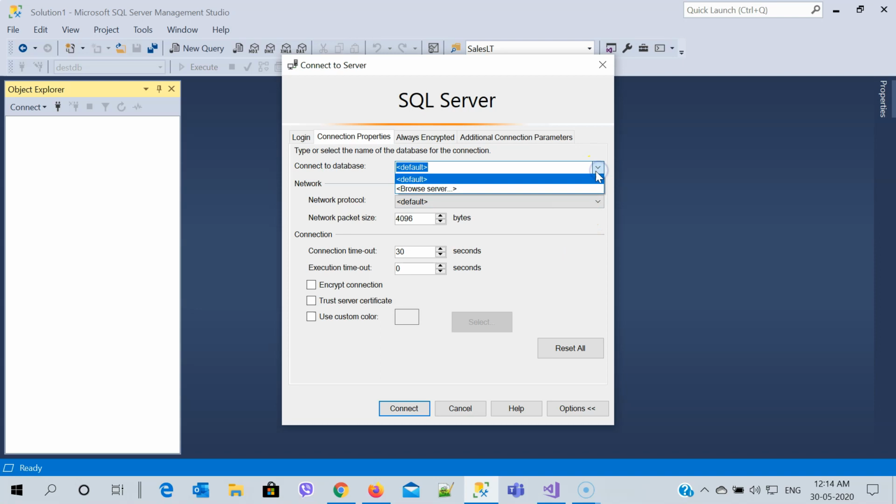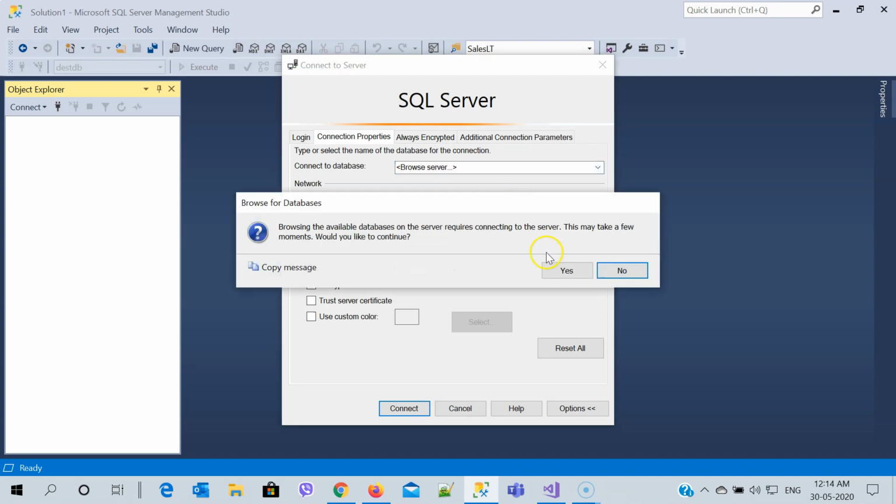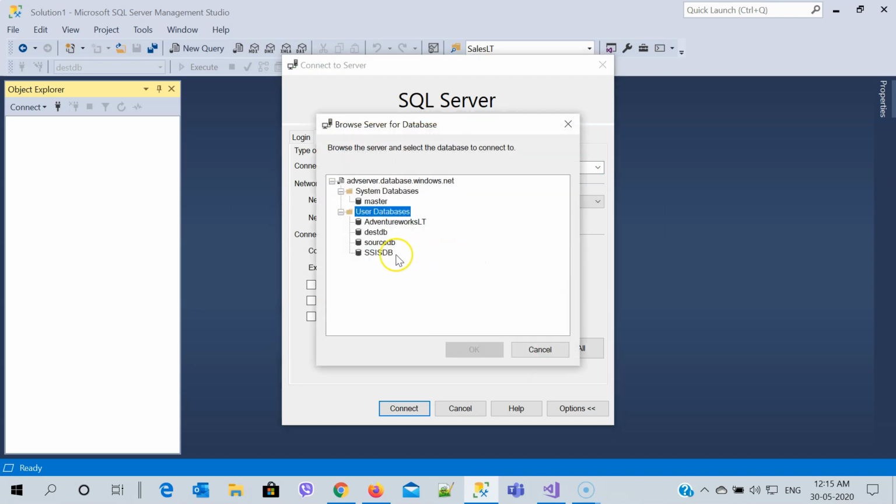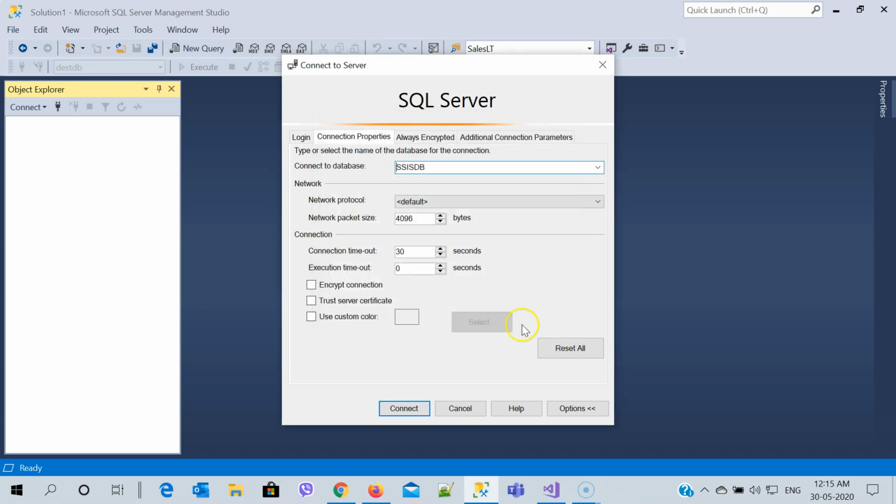So click here, browse the server, yes. And I need this SSIS DB, that's the database I'm going to use. I will click OK. Once I have selected this and said OK, we will simply click on the connect button to get it done.